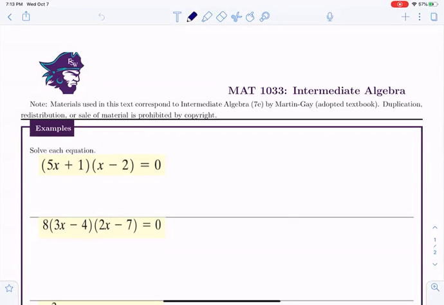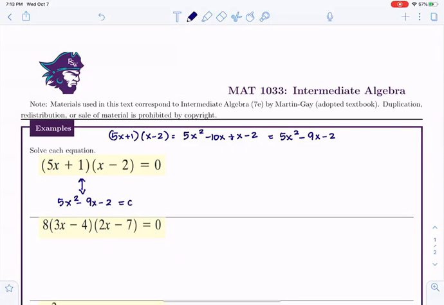Now, if you can't see it, 5x plus 1 times x minus 2 is 5x squared minus 10x plus x minus 2. I'm FOILing, so I have 5x squared minus 9x minus 2. So what we have in the question is simply the factored version of the polynomial 5x squared minus 9x minus 2 equals 0. And we're trying to find a solution to that polynomial. So how do we go about doing this? Well,